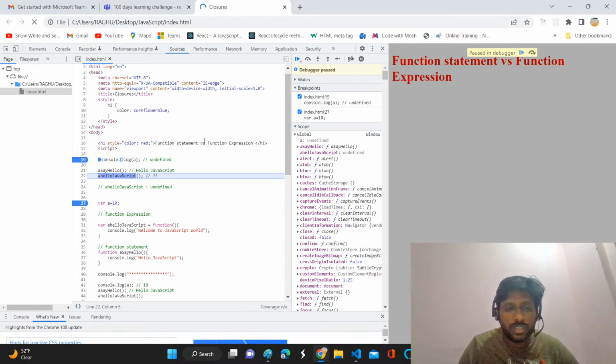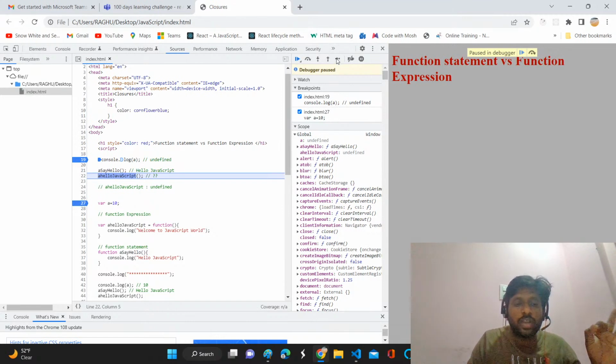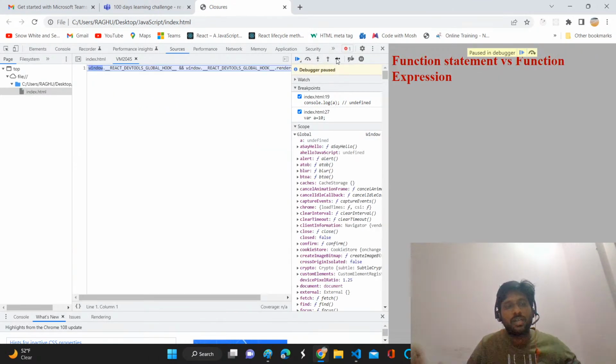And come back to the most interesting part for today. Now we are trying to invoke a hello JavaScript, but observe carefully, in the memory the a hello JavaScript value is undefined, and you are trying to invoke it like a function. If a function statement is already available, it will invoke and do all the process. But right now the value of a hello JavaScript is just undefined, and whenever you try to invoke it, it will throw an